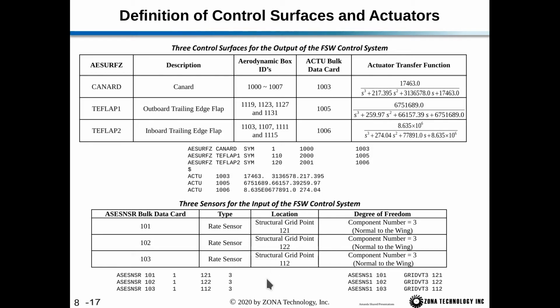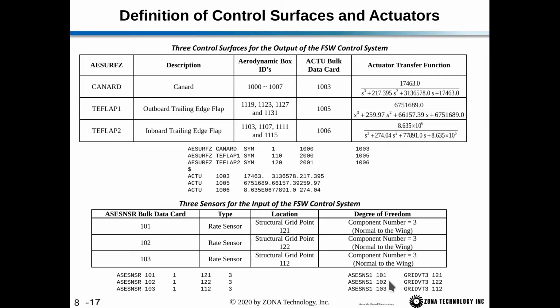Next we have our three sensors, and I've included both versions of our sensor. We have ASE sensor, which is our old style sensor input, and then we have our ASE sensor 1, which is our new style input. You wouldn't put both of these in the input, you would just choose one or the other. I believe in our test case, we actually have this version because it's a very old test case. But if you were writing the test case today, we of course would use this card because it's easier to